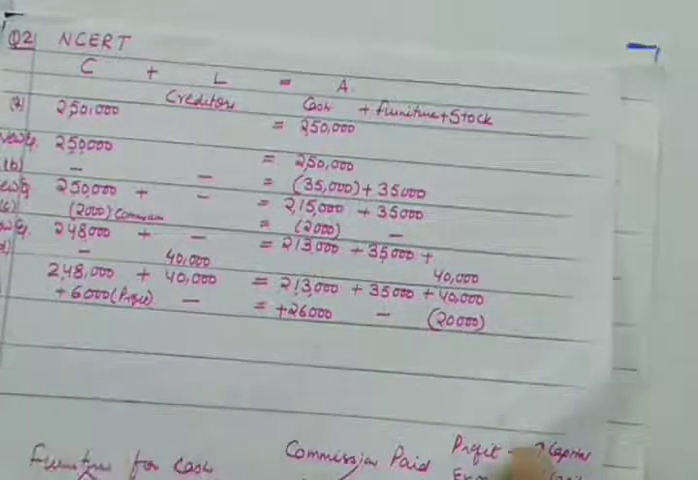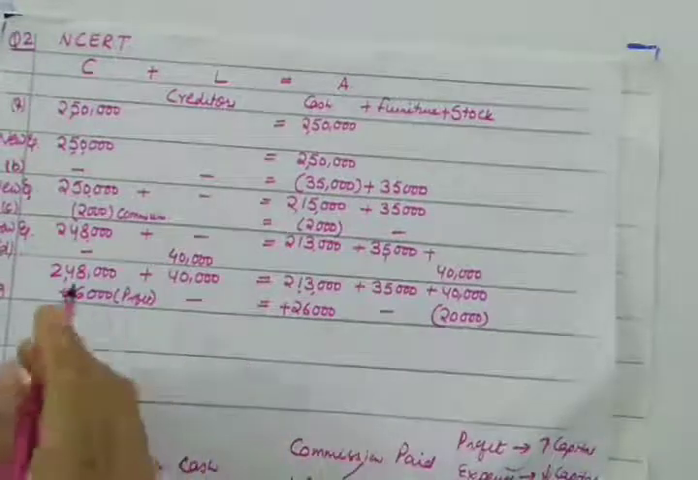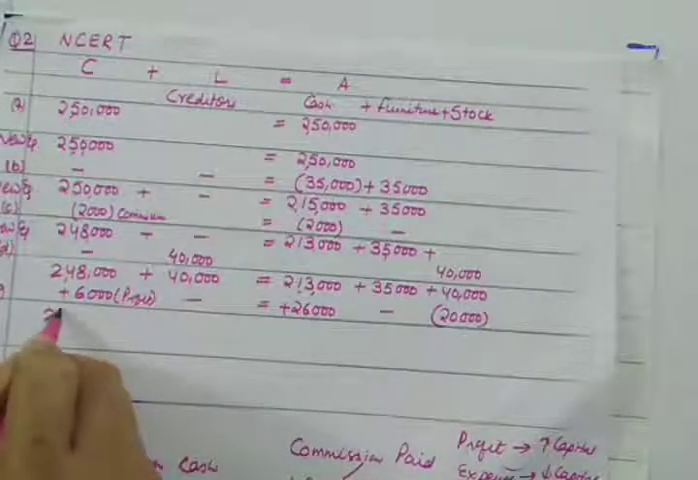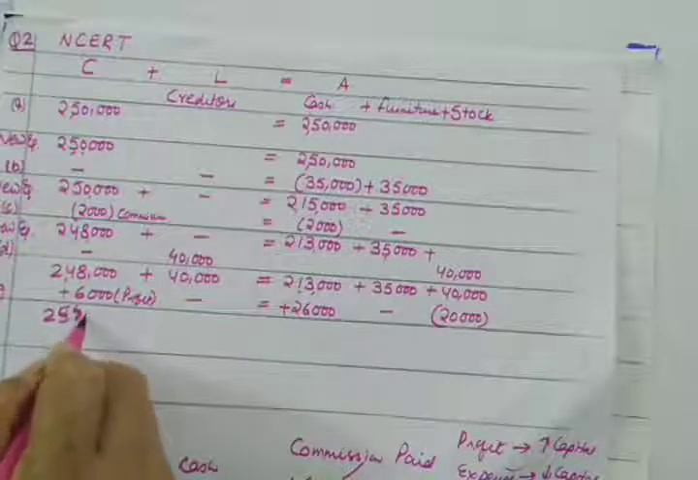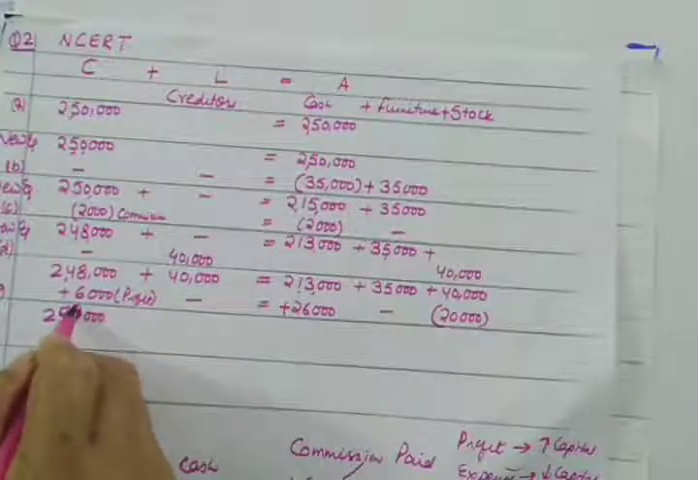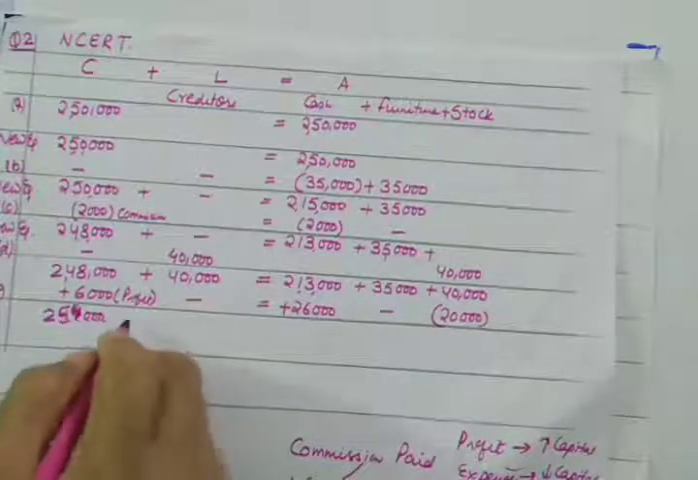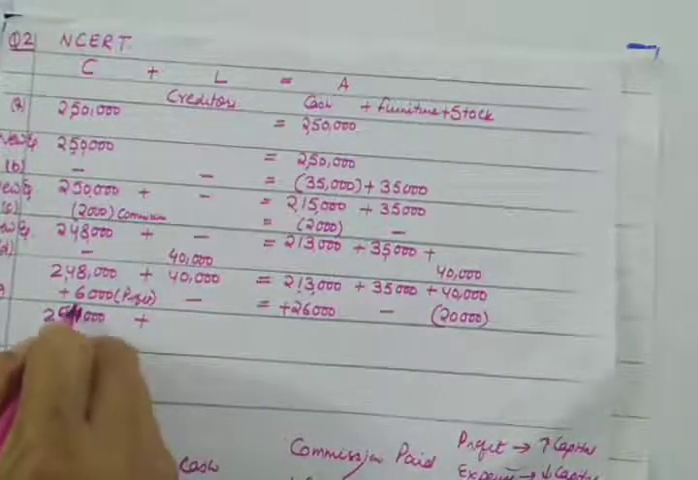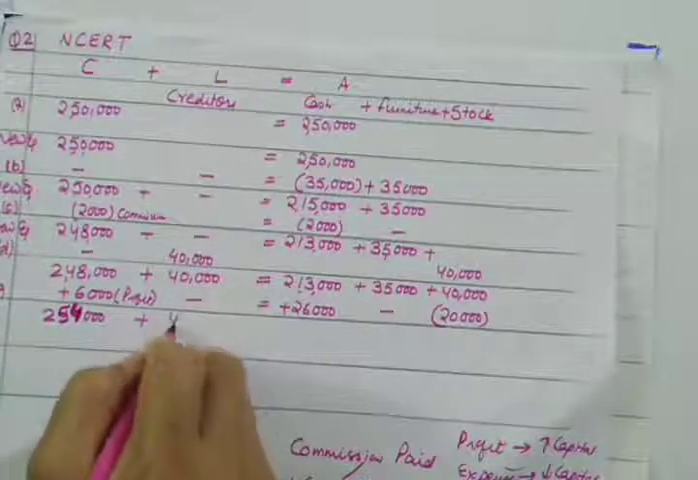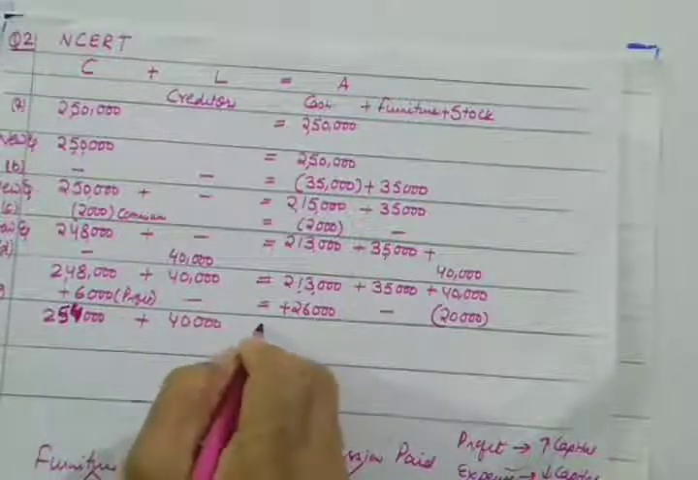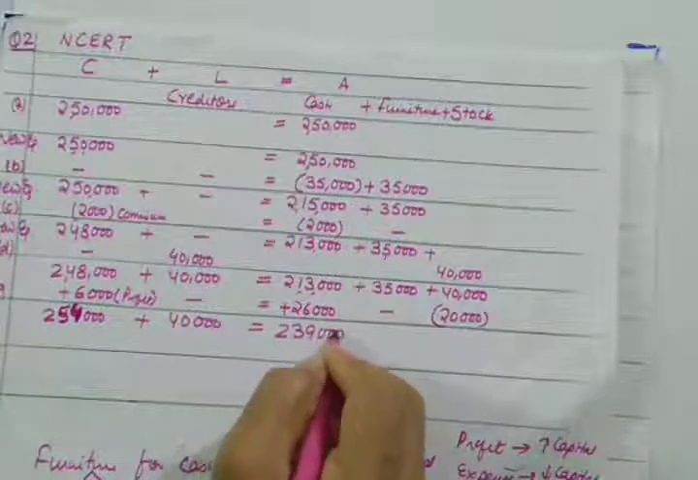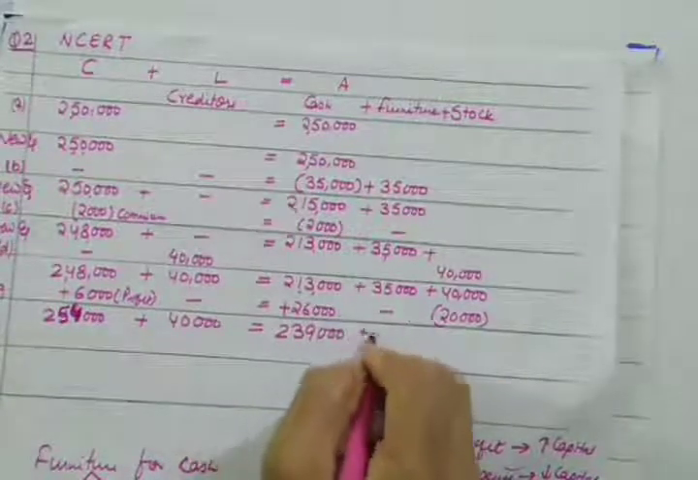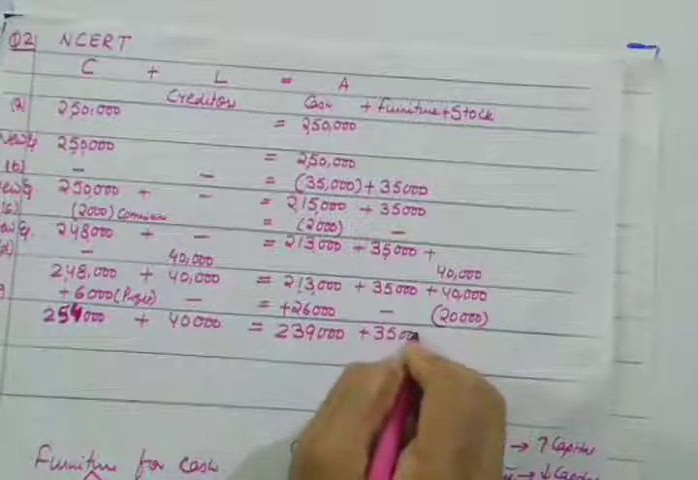So finally it will be 2,54,000 here. Then plus, I am rewriting it. I hope you will be able to see this. This is 2,54,000 plus 40,000 is equal to 2,39,000. Then 35,000 as it is, and plus